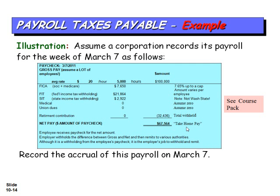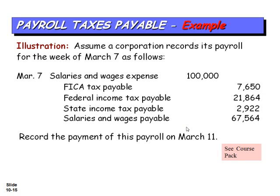$21,864, and state income tax. Now, Washington State doesn't have an income tax, so this would be for another state. So they withheld $32,436 from all the employees' paychecks. And the employees are all going to go to the bank on Friday or whenever they're paid, and all of those paychecks add up to $67,564. So we have to book it. Now what I'm going to show is the company's